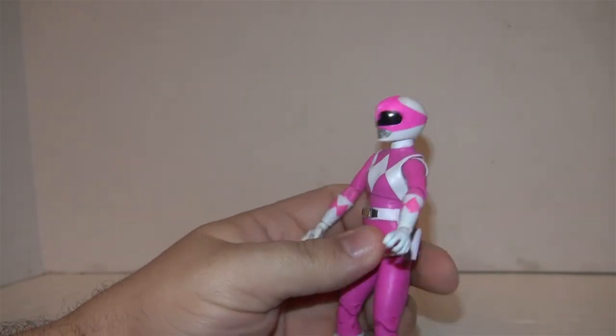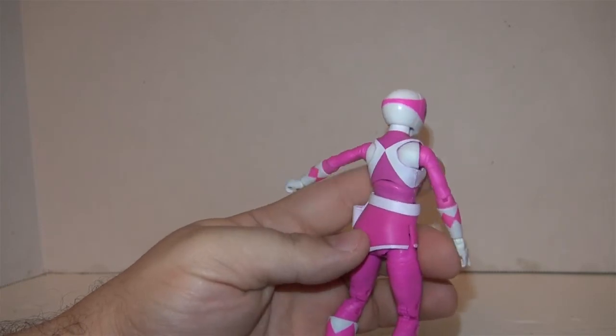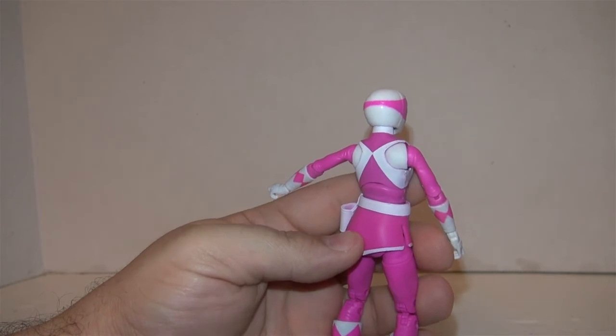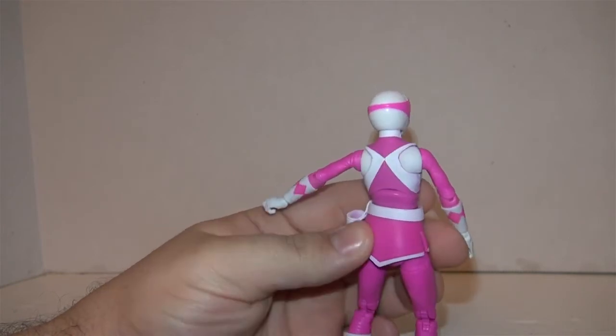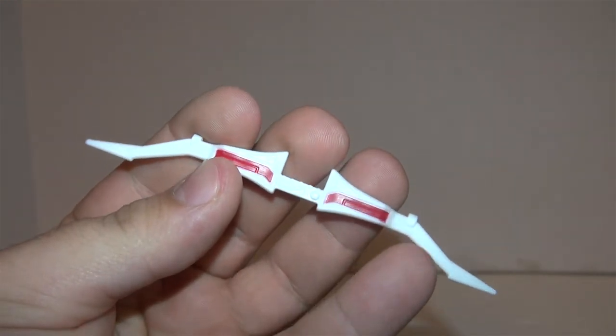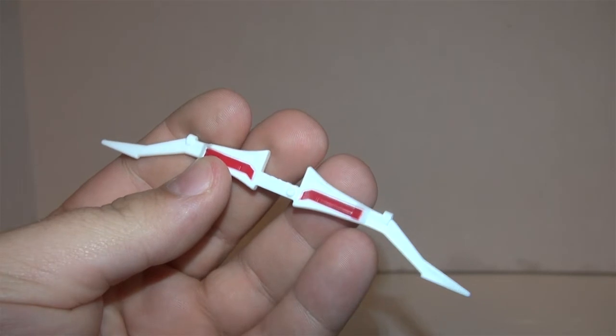Morpher looks good. Coin looks nice. Take a look at the back here. Her shoulder joints really stand out on the back of the figure, but with her arms being that small, that makes sense. Sometimes I say that there's one accessory in the box that really makes it